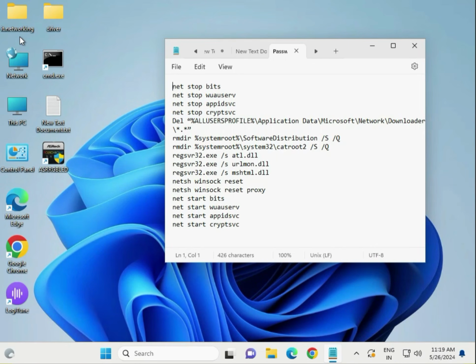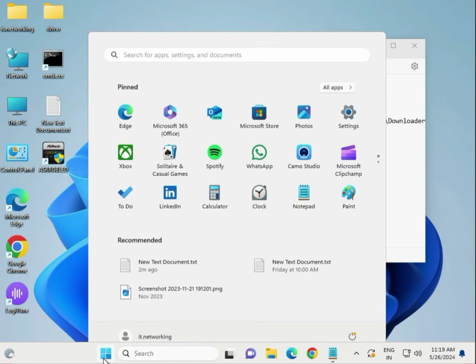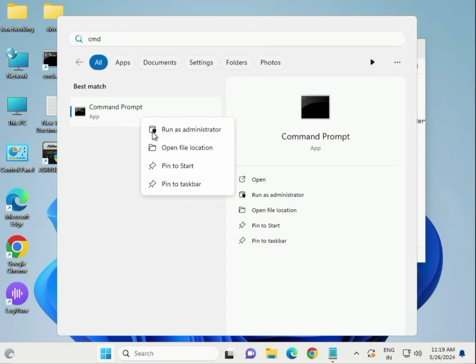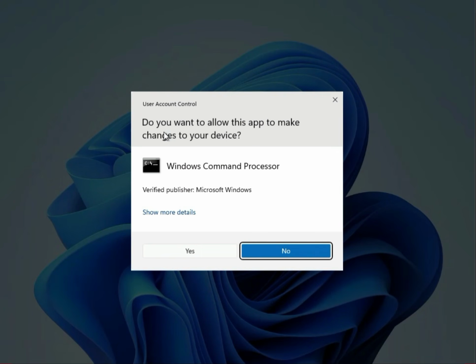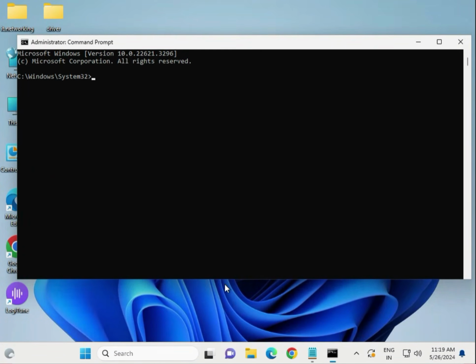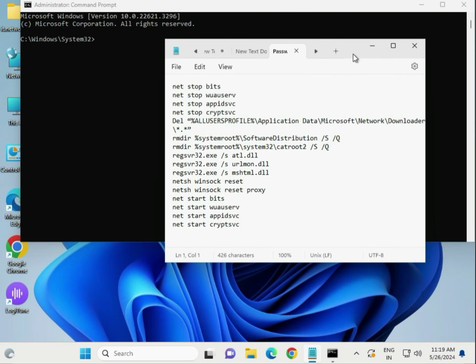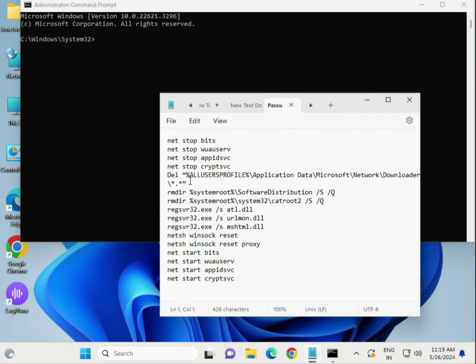Next method, reset network update components by cmd command. So open cmd, click Start and type cmd in the Windows search box, then right click to run as administrator. So these are all the commands to reset the components. One by one type, you can directly copy paste, otherwise you can type manually,